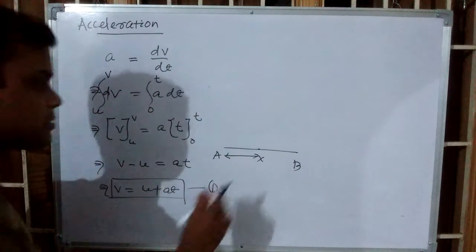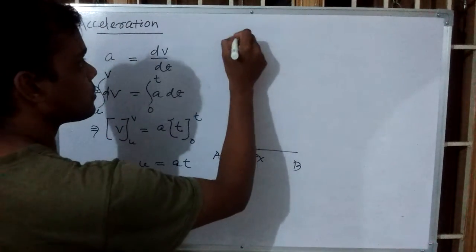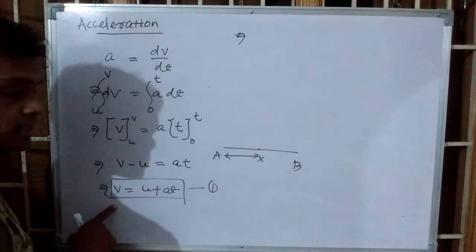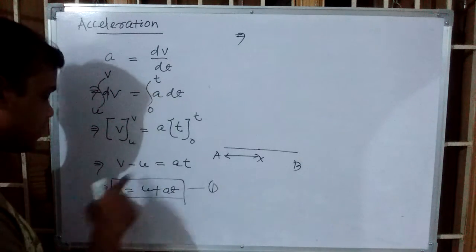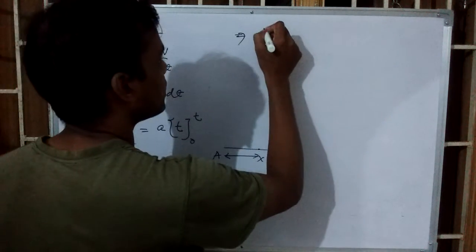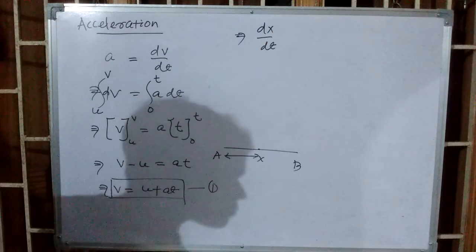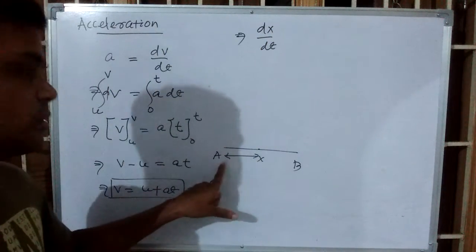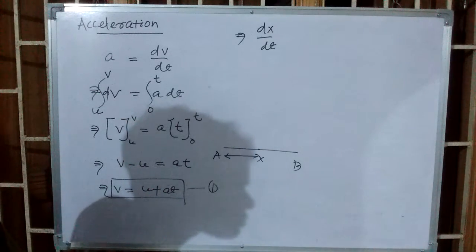Okay, its displacement is x. Now I can write v as, we already know it, velocity at any instant. This is the velocity at time instant t. That means I can write v as dx by dt, because x is the position of the body with respect to the initial point where its velocity is v. Very simple.